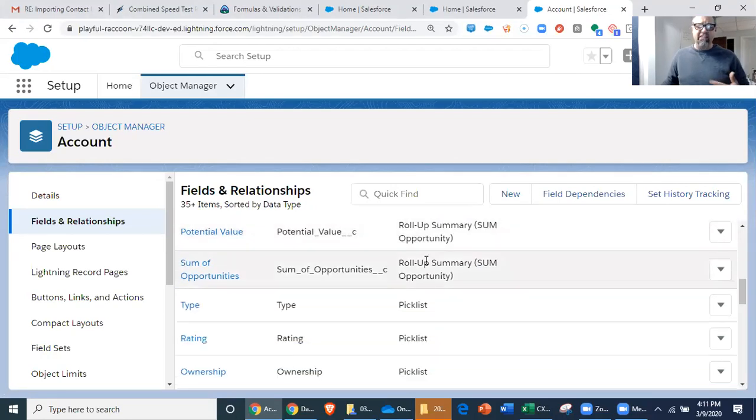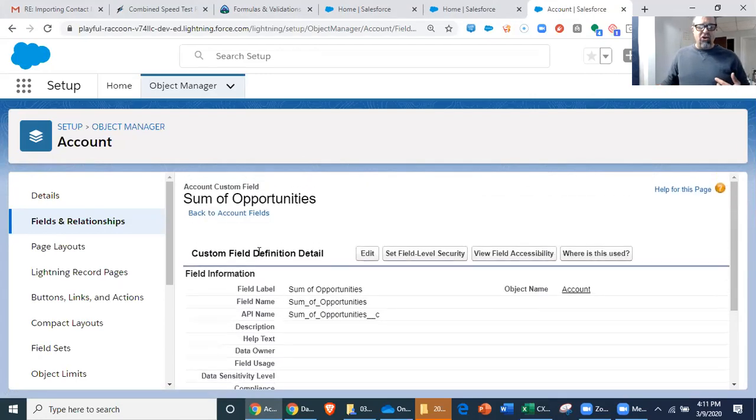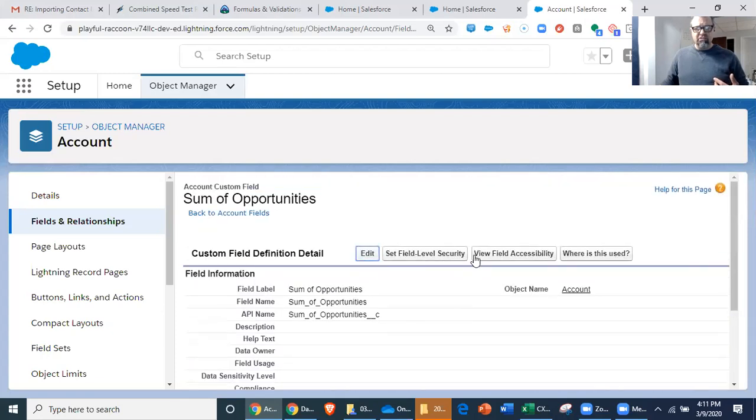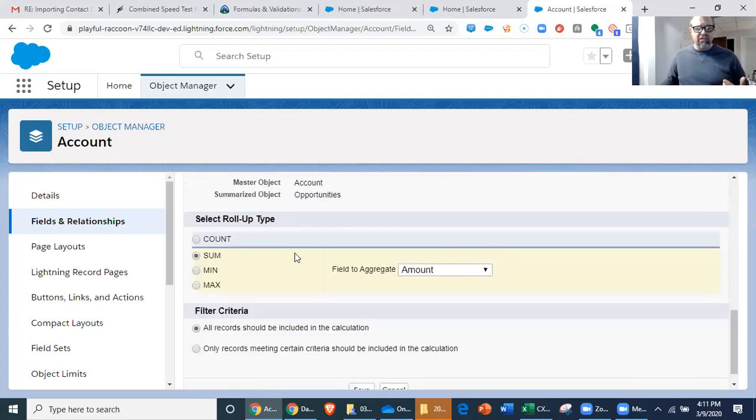It's hard to tell the difference, but if I look at the sum of opportunities, it looks at all of the children and does the math and stores the math at the parent level. So roll-up summary fields have the distinction that you can only do them when there's a parent-child relationship,